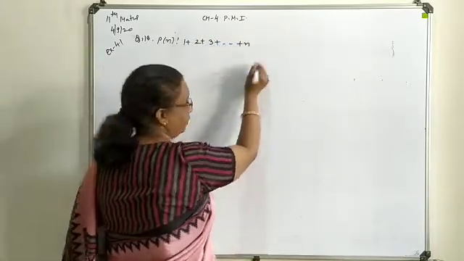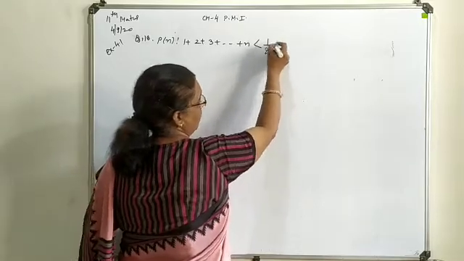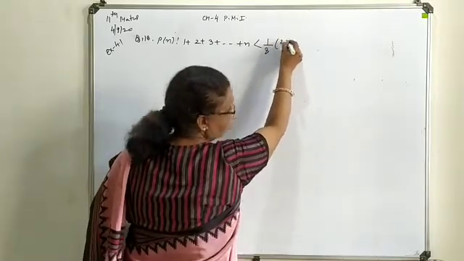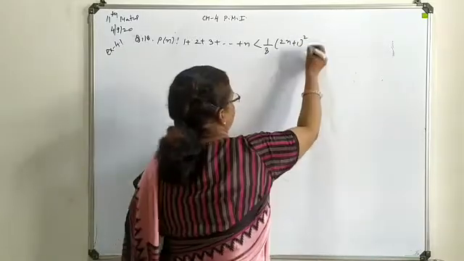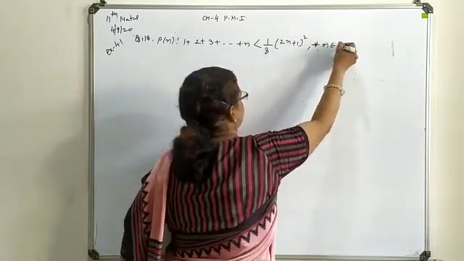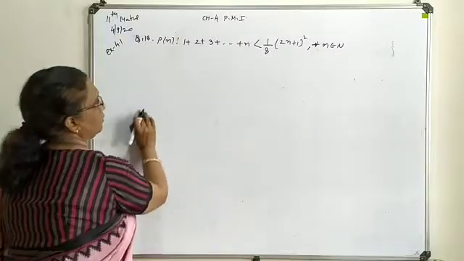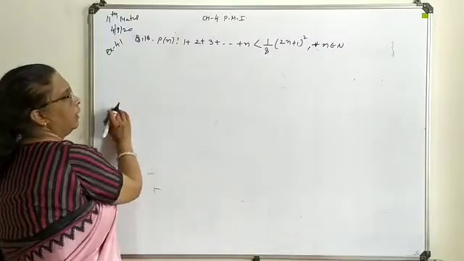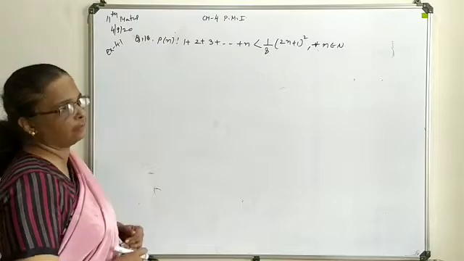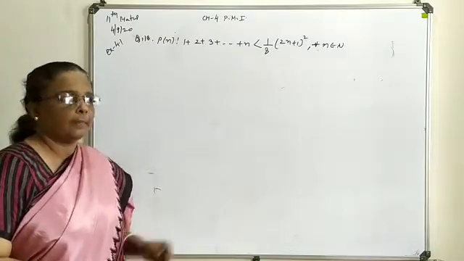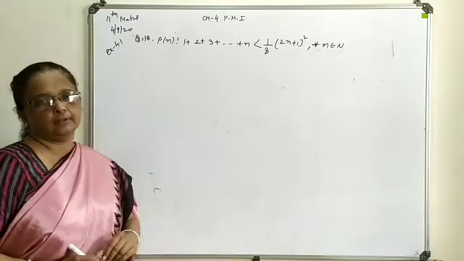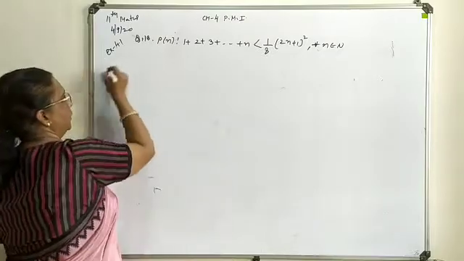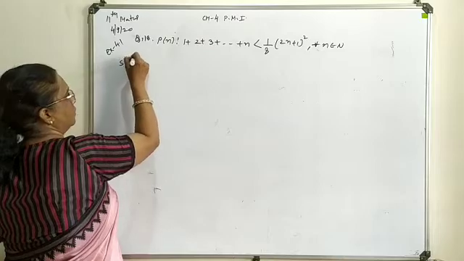This sum of the natural numbers is less than 1 upon 8 into (2n plus 1) whole square. Now it is to be sought out for all n. So let's start with the left hand side again. Now this less than sign we will treat as an equality sign, but while solving or comparing the solution, this sign you will consider. So here you will start the solution.